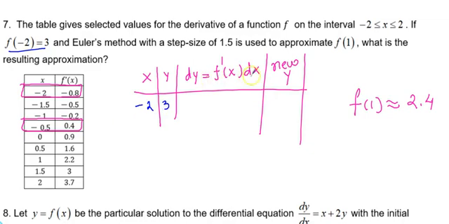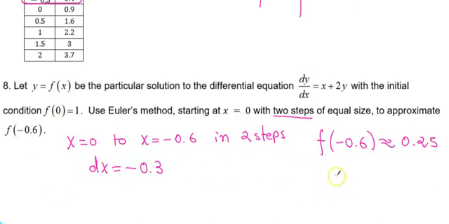dy is f prime of x times dx. And you have to read the f prime value. This is not f. Know that this is f prime. They did not give you the f value. You are beginning at -2 and 3. So this would be -0.8. And for dx, they gave you the step size. So try your best to see how far; the answer is 2.4.